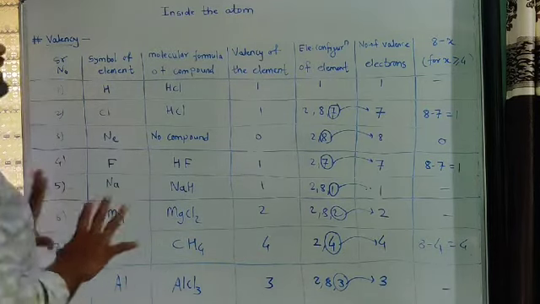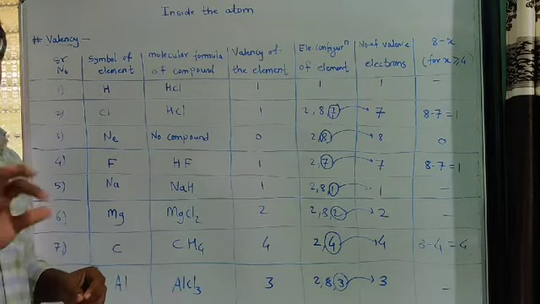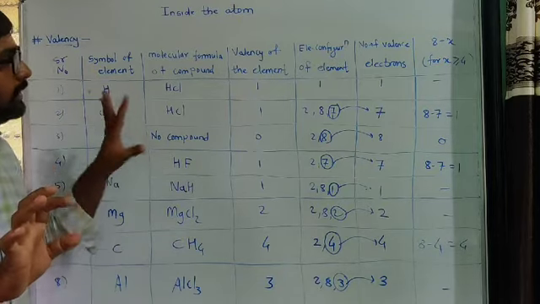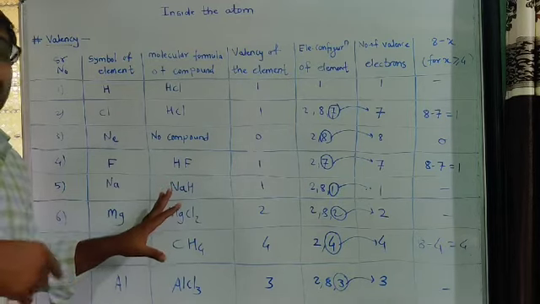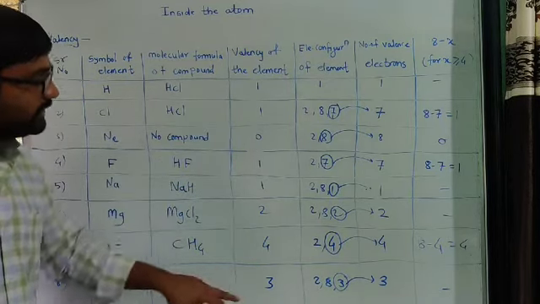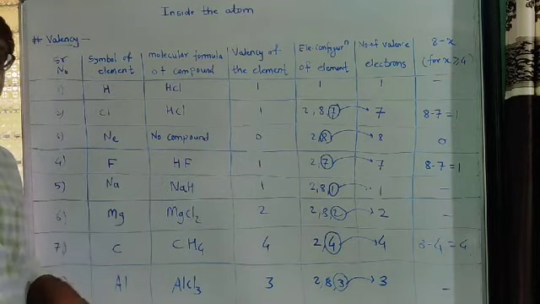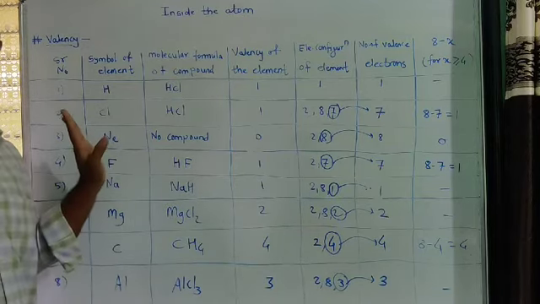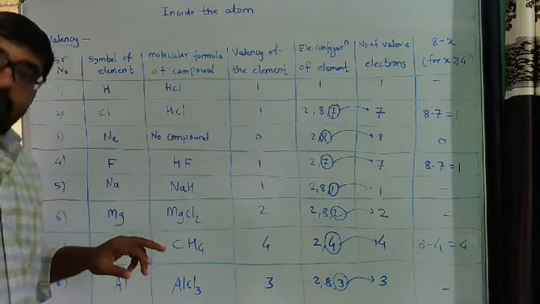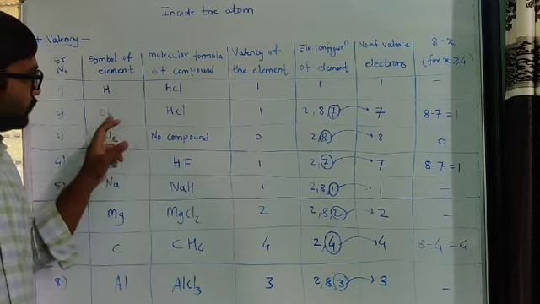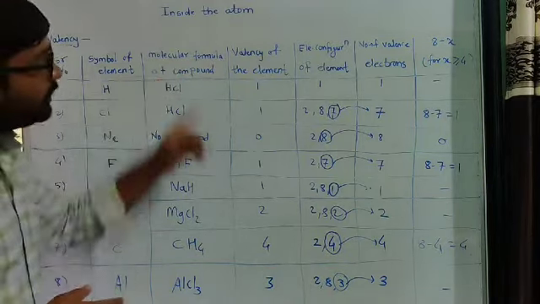But in this valency concept, we only have to remember that valency is a number that defines how many bonds that element can form. It depends on this valency number. If the valency is 0, it does not form any bond, meaning it does not react with any other element. If the valency is 1, it can form one bond with another element. Look at chlorine, it forms one bond with a hydrogen atom. That is the meaning of the word valency.